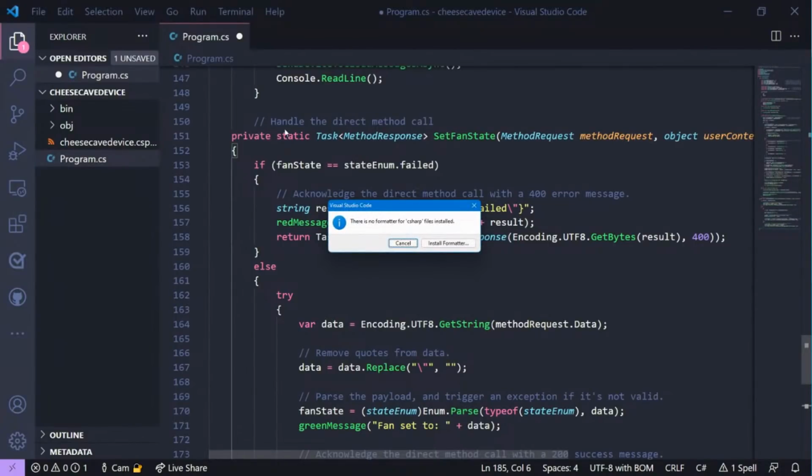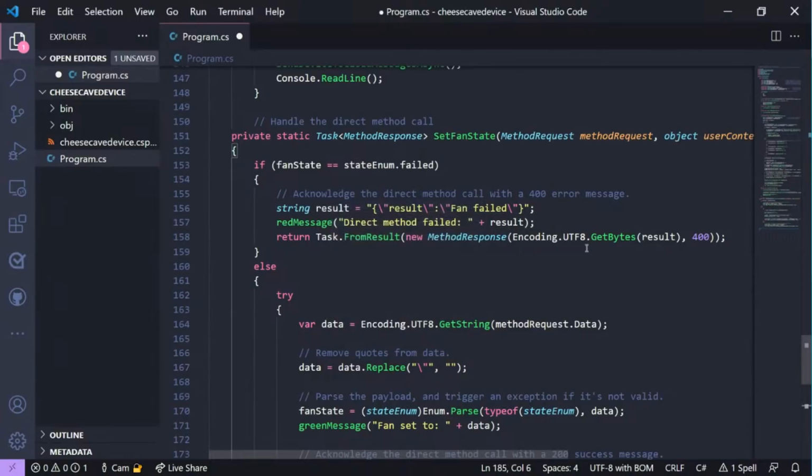There's no formatter for C#. Why are my extensions all messed up? That's no fun. Anyway,